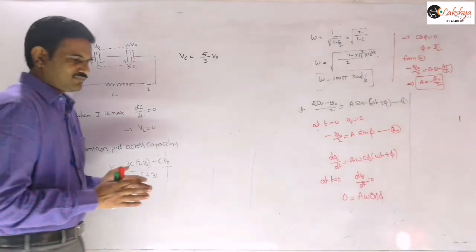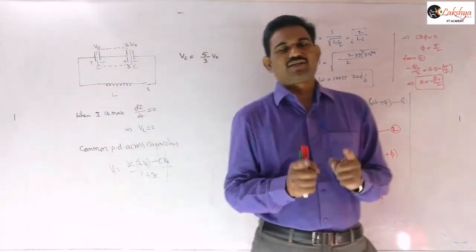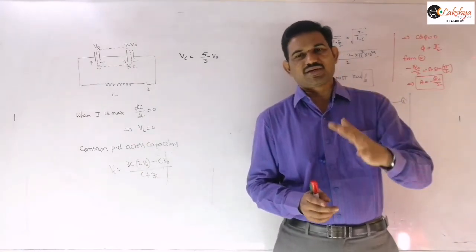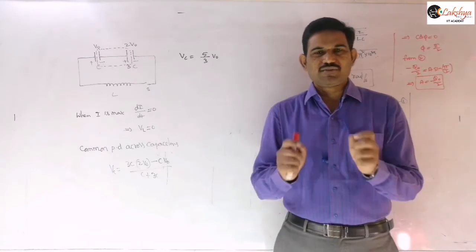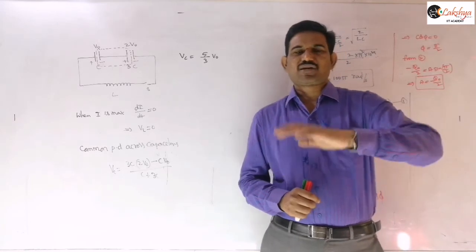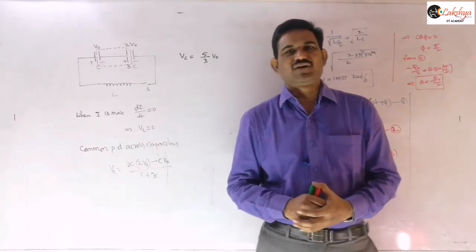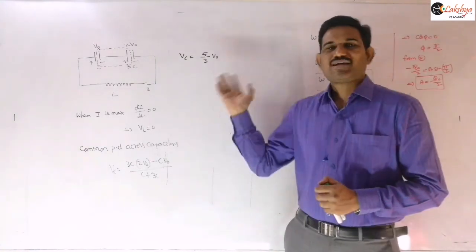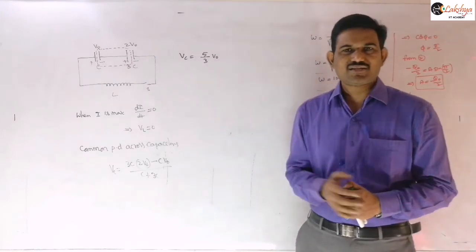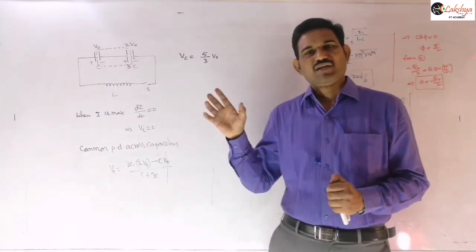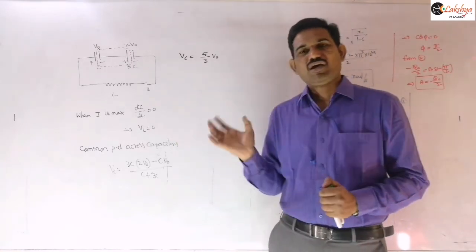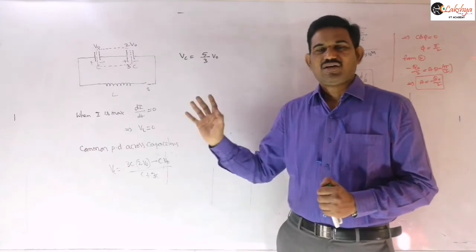In the simple case when one capacitor and one inductor are there, maximum current in the inductor means the energy stored in the capacitor will become 0, right? That is the important thing you need to remember, which we discussed in the basic case. Total energy will be stored in the form of magnetic energy only. But here some amount of energy will be stored in the capacitors also when the current in the inductor is maximum. It won't be 0. Some potential difference will be there across the capacitor, given by this equation, so some energy will be inside the capacitors.